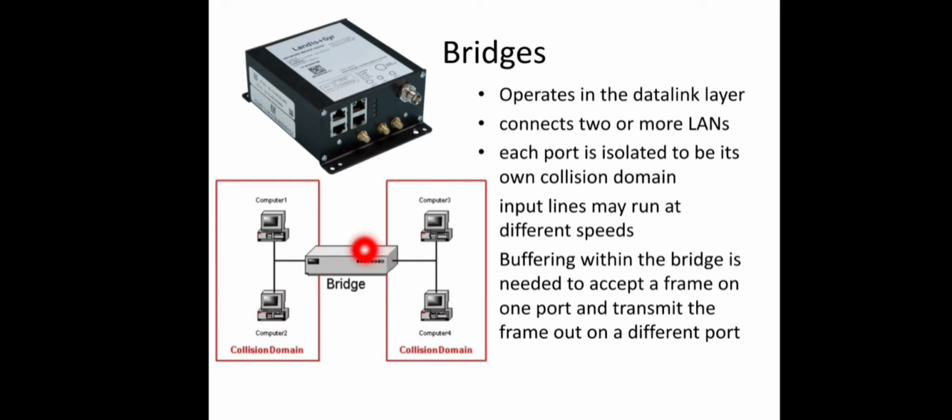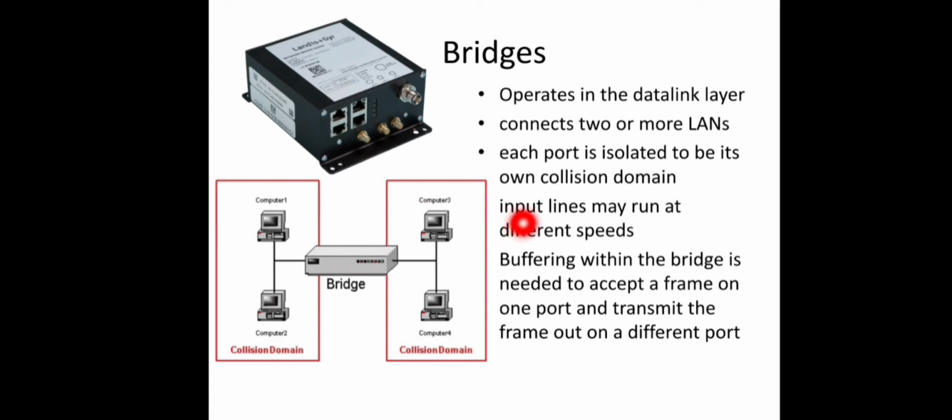Since this operates in the data link layer, it has the capability of understanding a frame, right? It can see a frame, find out the source address, destination address and so on. Upon receiving a frame in the bridge, it can find out the destination address and forward the frame accordingly. Suppose it receives a frame on this port and the destination address belongs to this particular LAN, then it will place the frame over this port. Multiple different ports can be there, so there will be lookup tables, and based on that table it will route by analyzing the destination address to decide which port the frame should be handed to.